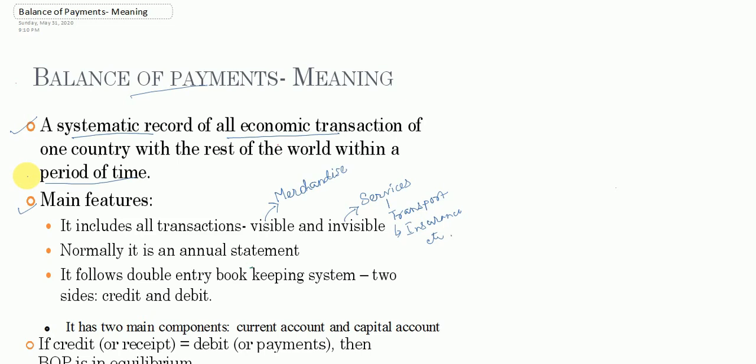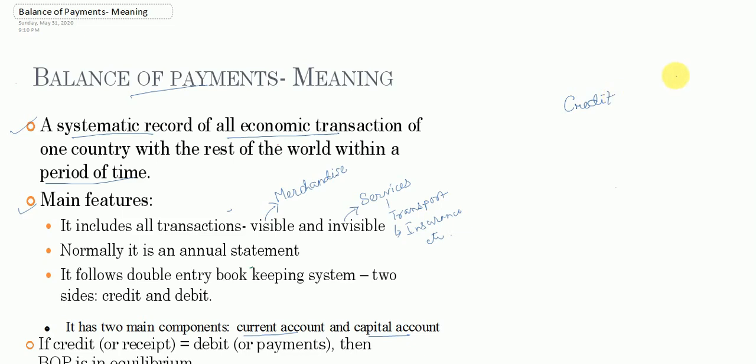That means whatever the country receives from the foreign country is included in the credit side, and whatever the country needs to pay to the foreign for any kind of economic transaction goes under the debit side. Then it has two main components. One is current account and another is capital account. So the standard representation of a balance of payment is,